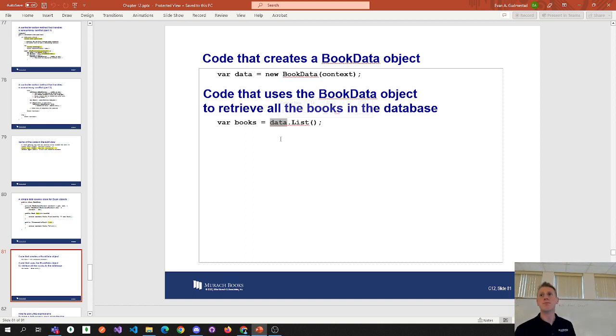By the way, another term that you're going to hear a lot is encapsulating your code. And that's what we're doing here. We're encapsulating our code, in other words, putting it in the right container, right? We're taking our database access code and encapsulating it, putting it in the right container of a data access layer class,